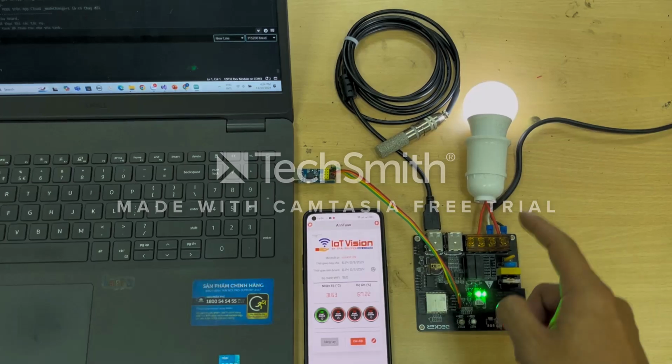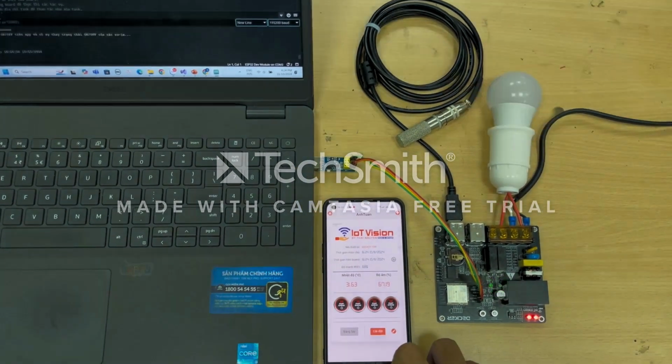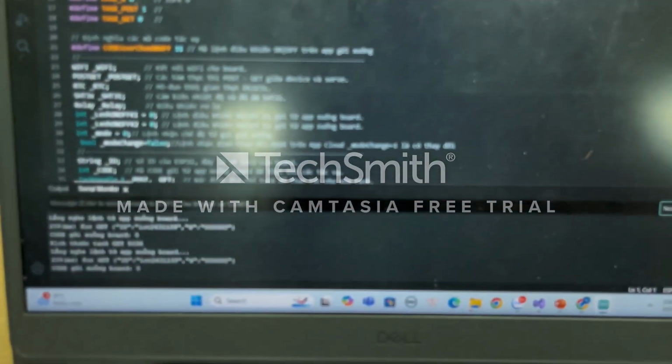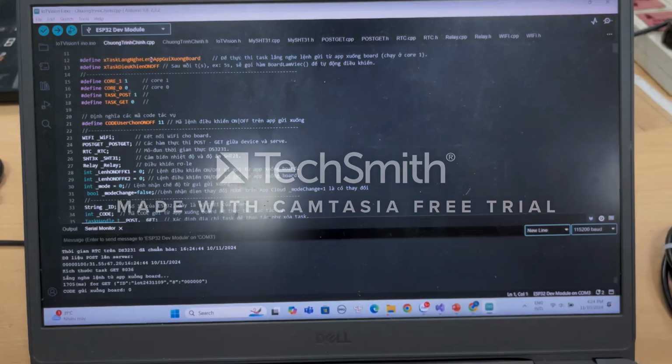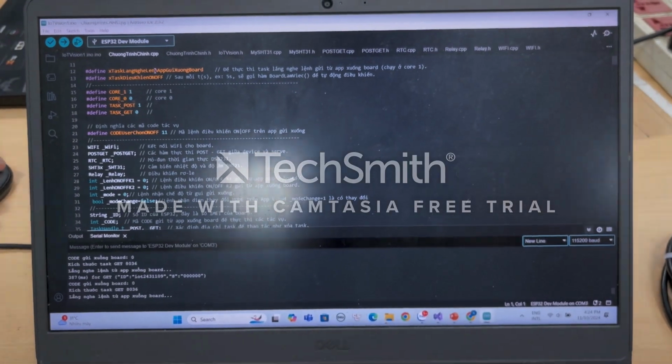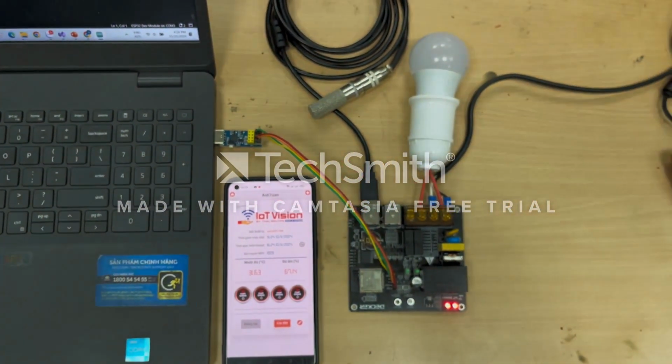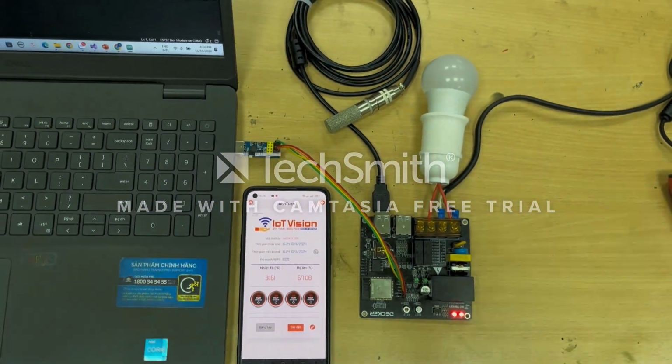and after the system has been connected to Wi-Fi, for the system in the app interface. Here is the code interface, the Arduino IDE app, and we're going to switch to the auto mode,